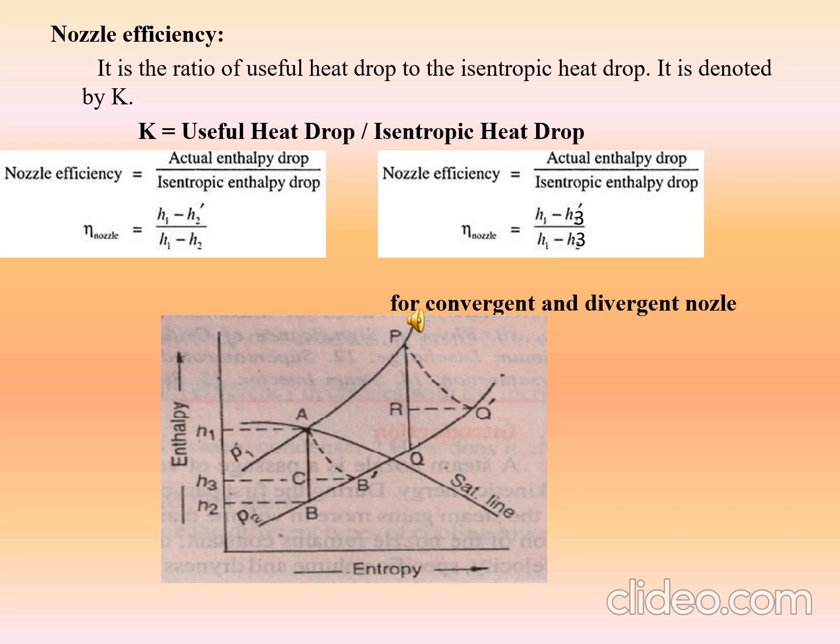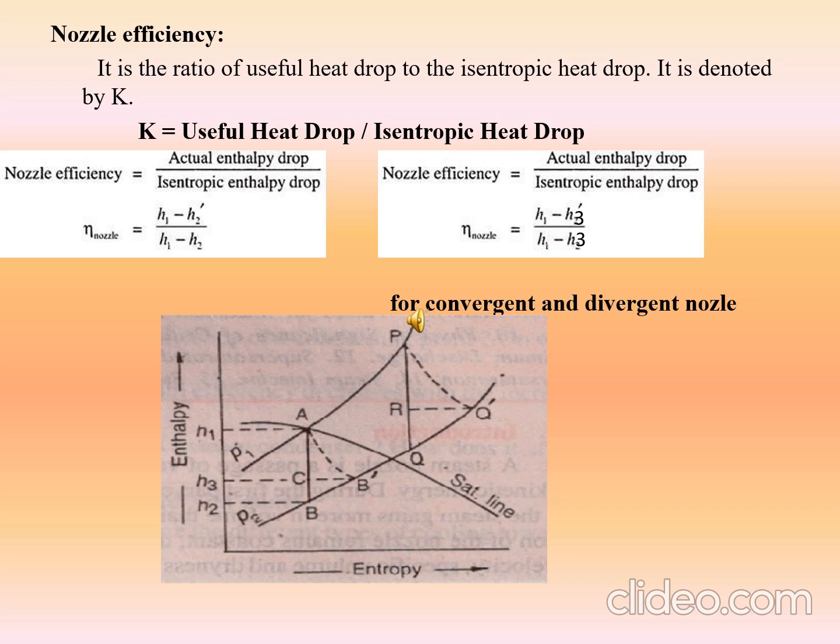Then in the second case we are considering friction, because in a nozzle some friction should be there. So for that friction we are considering another point B dash, which is the actual point. This one is the theoretical B point, but the actual is B dash. Always remember that the actual heat drop in the steam will be less than H1 minus H2.